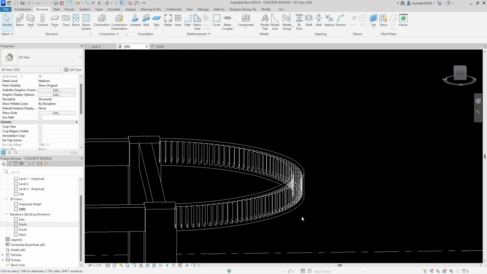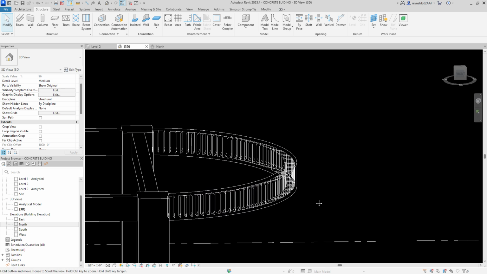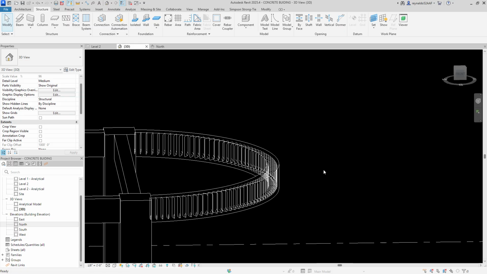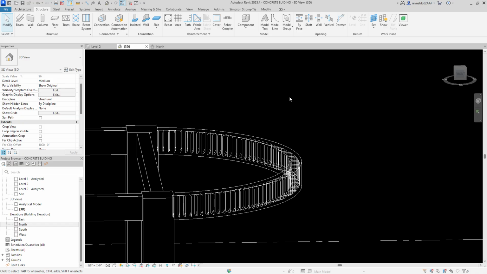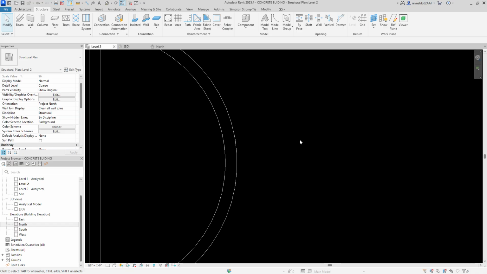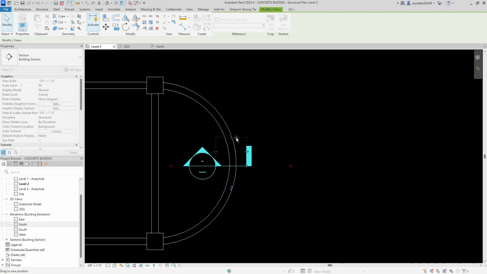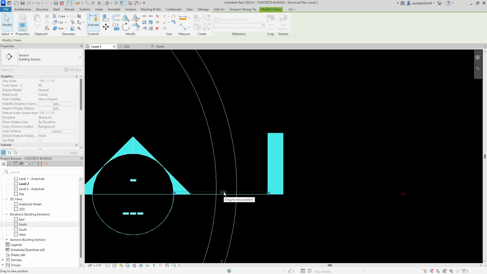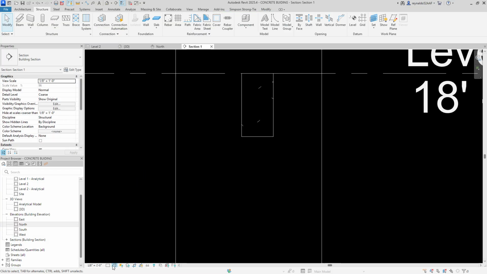And the next thing you want to do is, if you want to change your covers for your stirrups, in other words the spacing from the edge of concrete, you can easily do that, and that has to be done in a 2D view. So to do that, you would have to go to a level, and then we'll cut a section like that. We'll change this view to be,